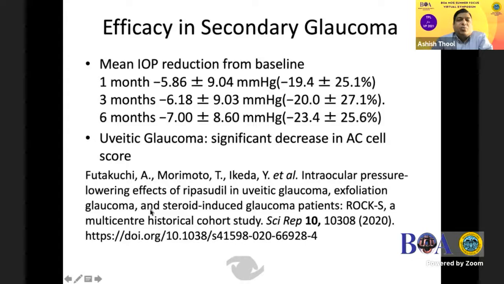Whereas in secondary glaucomas, ripasudil has been shown to be effective in reducing IOP in uveitic glaucoma, exfoliative glaucoma, as well as steroid-induced glaucoma, and an additional benefit in uveitic glaucoma in the form of a significant decrease in AC cell score has also